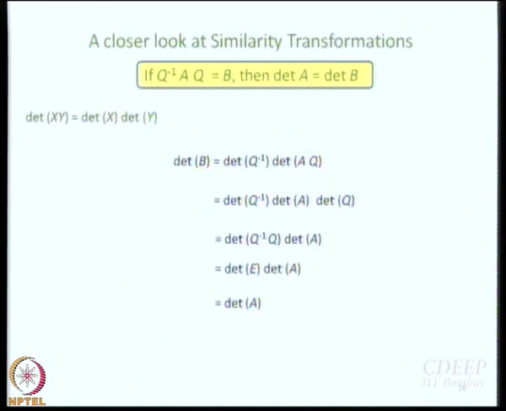Then it is proved. If B and A are conjugate to each other, you have not forgotten the term conjugate, right? Similarity transforms also go by the name conjugate. If A and B are conjugate to each other, then the determinants are the same, and this is only the first of a list of things that are the same for conjugates. The determinants are the same.